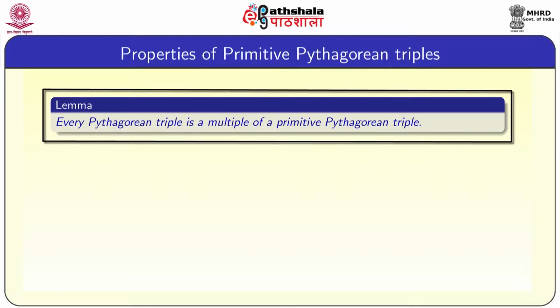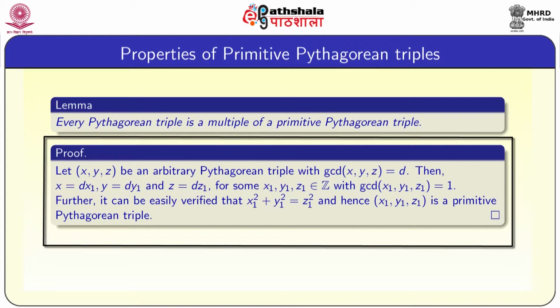Every Pythagorean triple is a multiple of a primitive Pythagorean triple. So, this lemma establishes that once we know all primitive Pythagorean triples, then we know every Pythagorean triple. It is because every Pythagorean triple comes from a primitive Pythagorean triple. The proof goes like this: let x, y, z be any arbitrary Pythagorean triple with the GCD of x, y, z equal to d, then